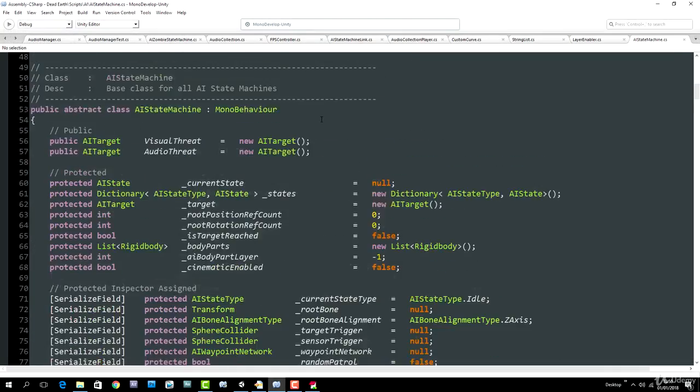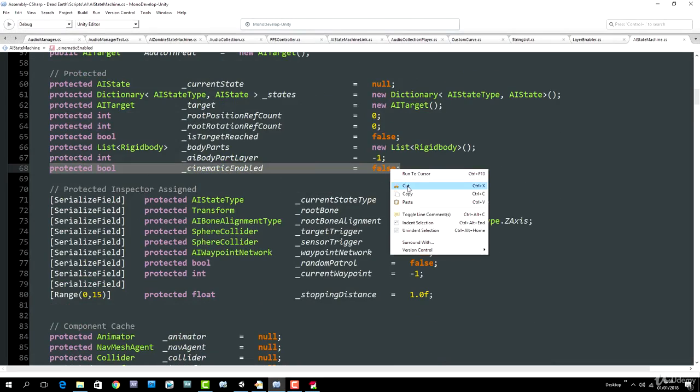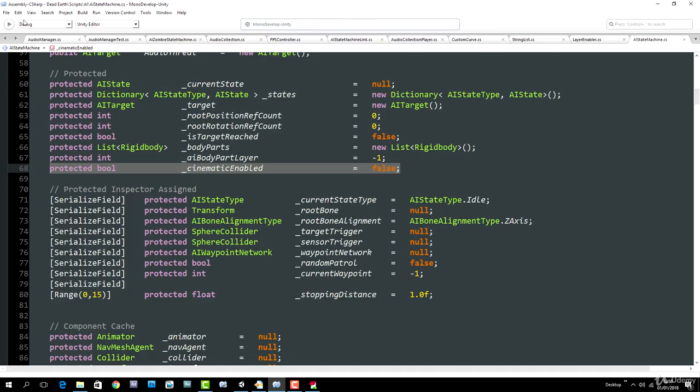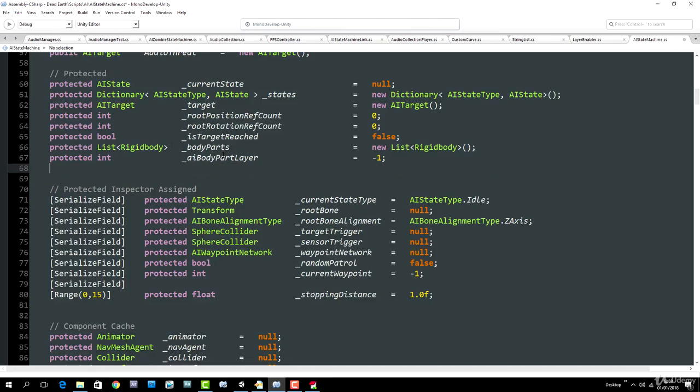And the first thing I'm going to do is scroll down to where we declare that protected boolean called cinematic enabled, and I'm going to delete that from our class. This is going to create lots of errors in lots of places, but that's good because that will allow us to easily find where we reference that boolean and can replace it with code that's going to use our